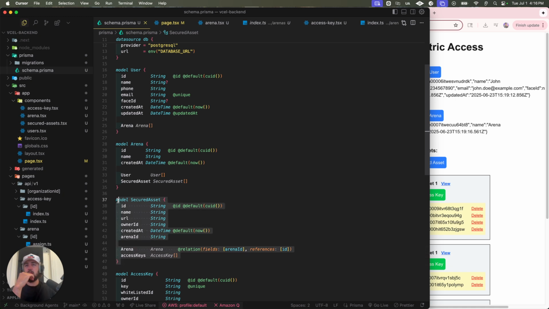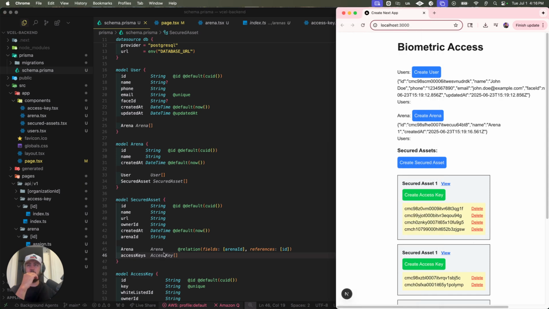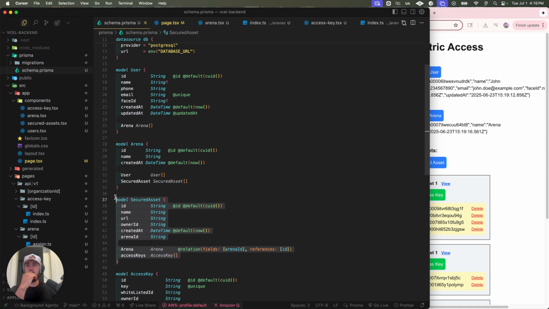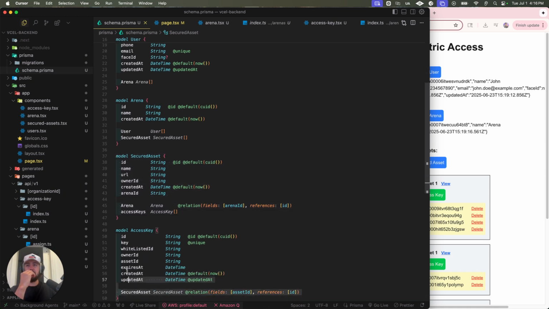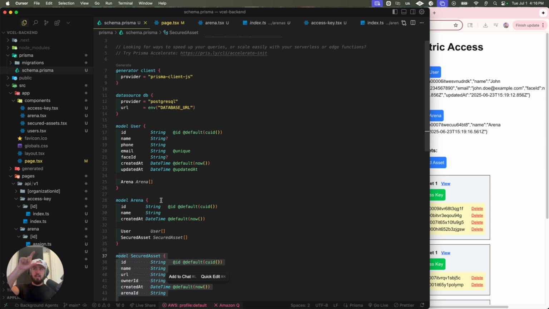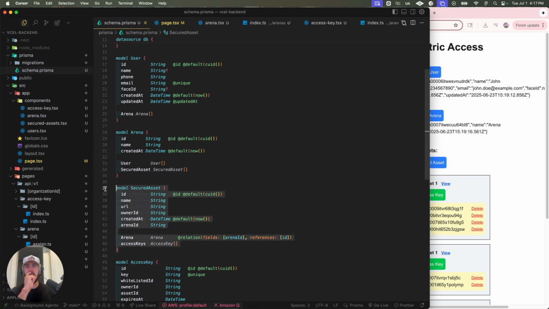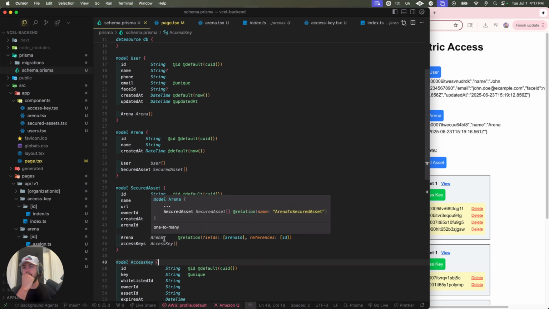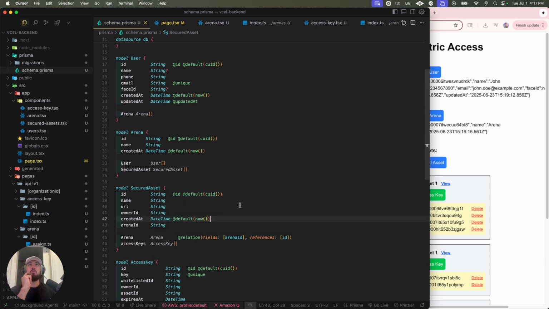But let's say, so model secured asset. In this, access key is still okay. So I'm trying to think. So arenas can hold users and secured assets. Users still can't even view secured assets until they have the key for said secured asset within the arena. Bang, that's what it is. But I don't know how that's going to work with relationships. I know there are ideas we could do, but I don't think it's going to be.